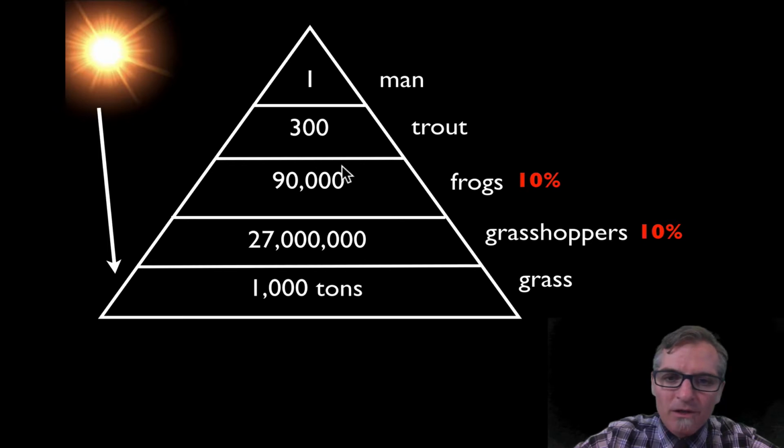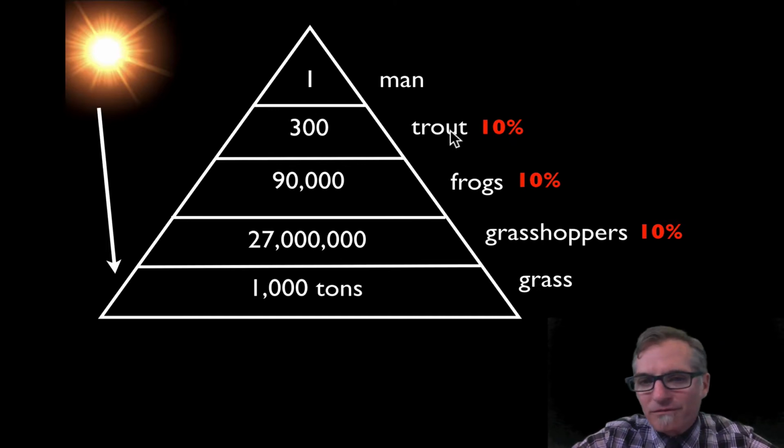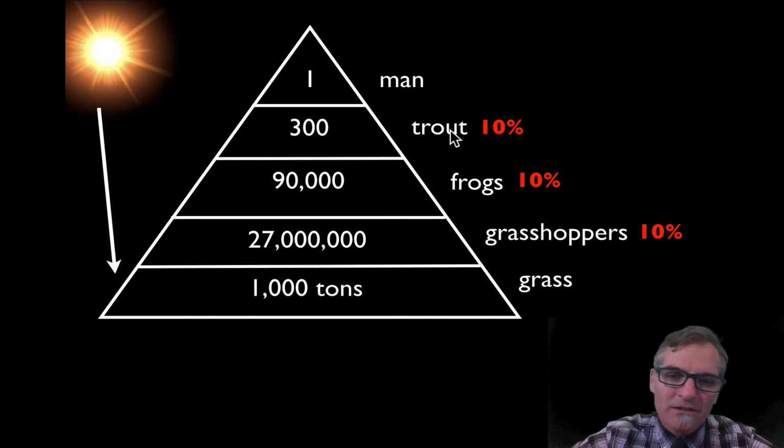And so on with the trout, same thing. 90,000 frogs in a year would support 300 trout. They're only able to incorporate 10%. Again, 90% is going to be lost as heat and metabolism and reproduction and trying to find food and breathing and cellular